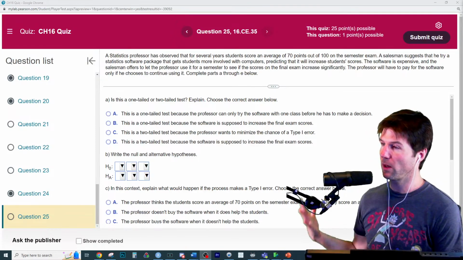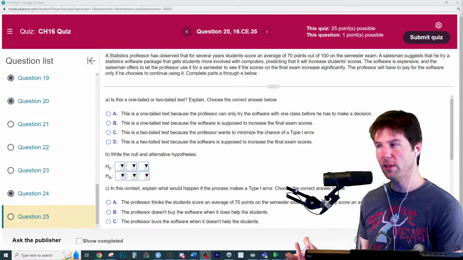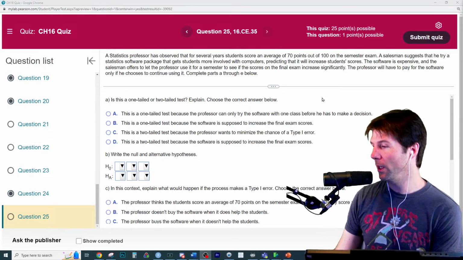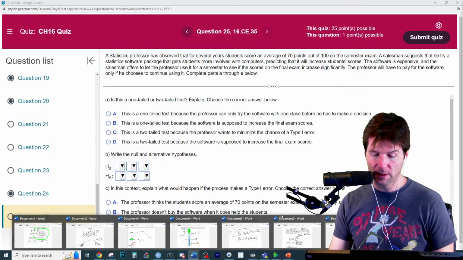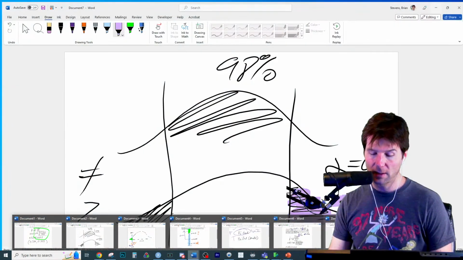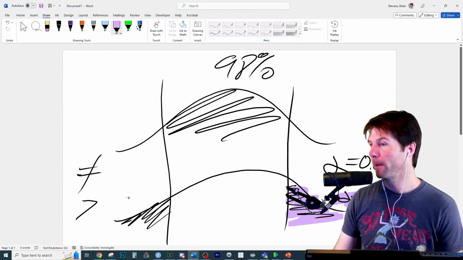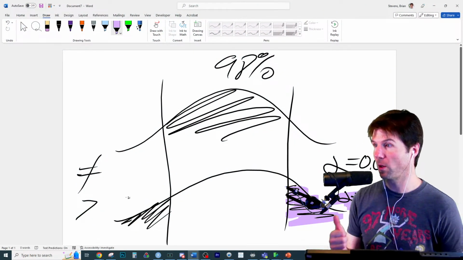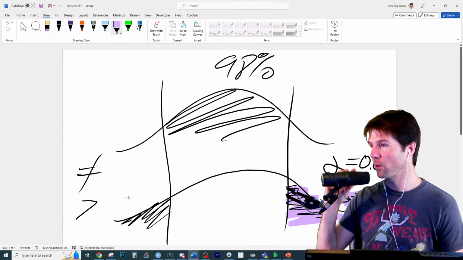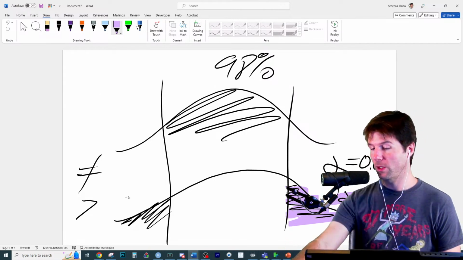Because the one-tailed tests are the less than test, the greater than test. Well, we look at the sign. So when we do a one-tailed or two-tailed test, we're asking about, is it less than, greater than, or not equal to? So the less than and greater than are the one-tailed, exactly. And then the does not equal is the two-tailed. And then we look at the question. Great job, Jackson, right there.